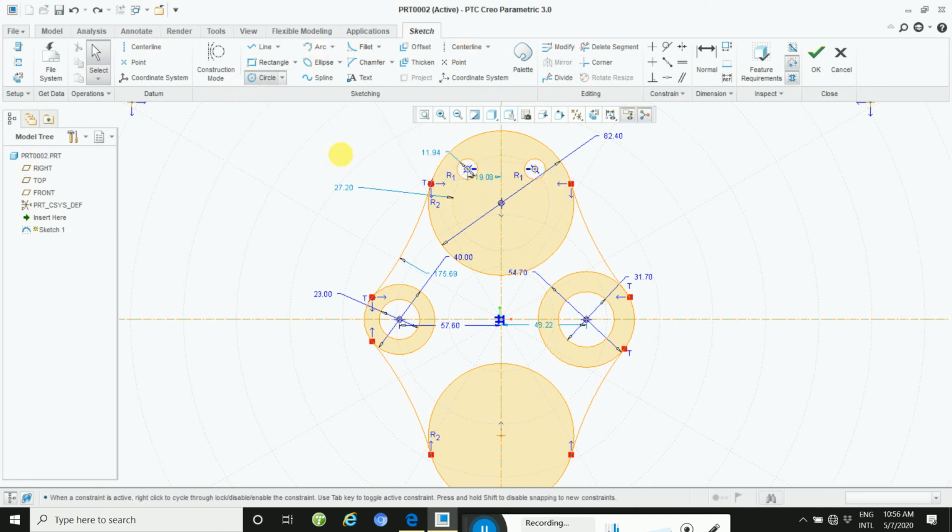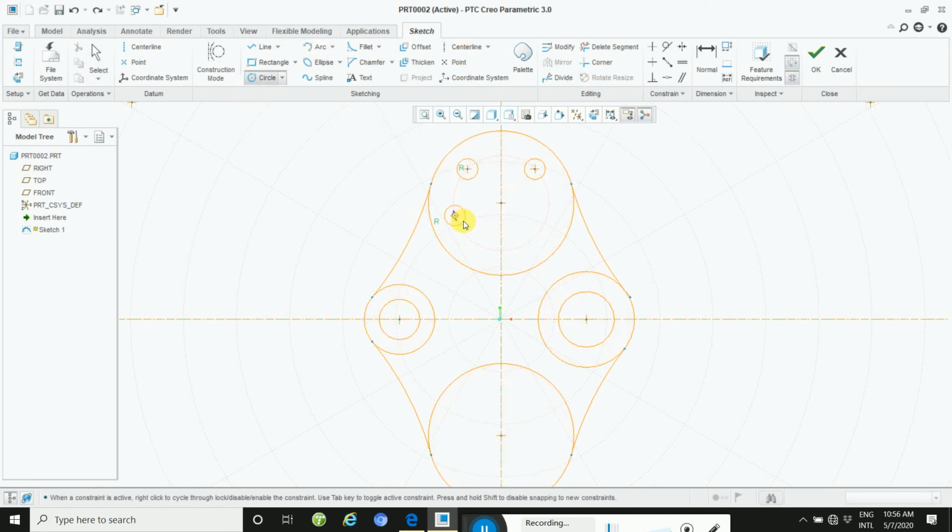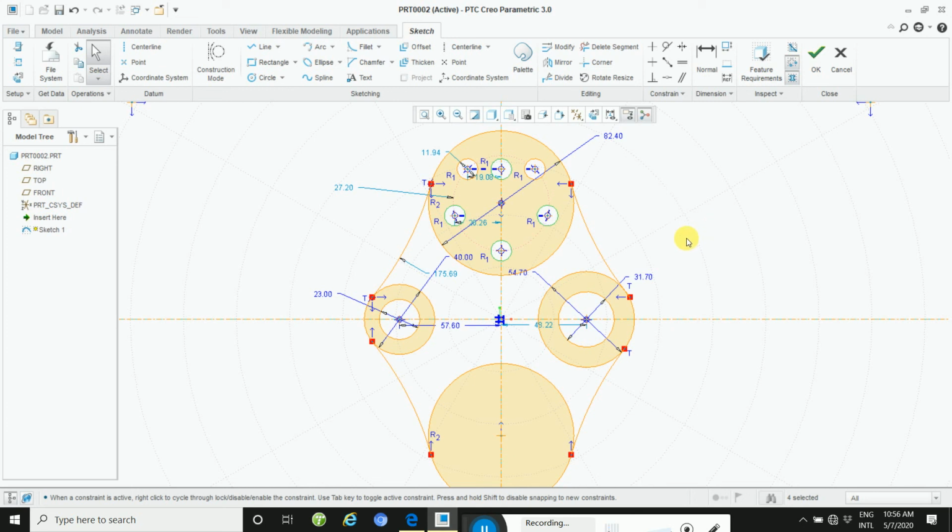So draw another circle here, this way. Then apply the mirror. Select one by one and then apply the mirror. Mirror and then select this center line.